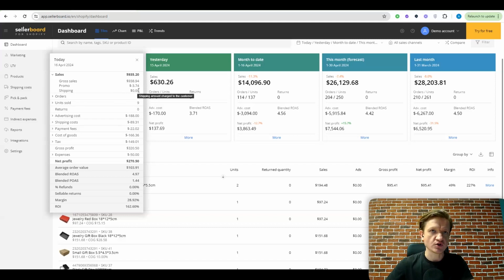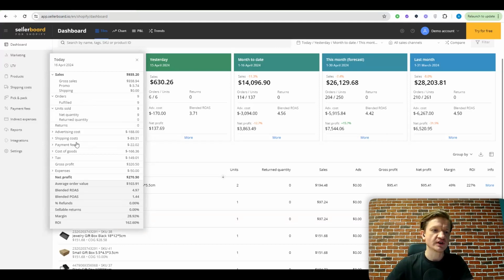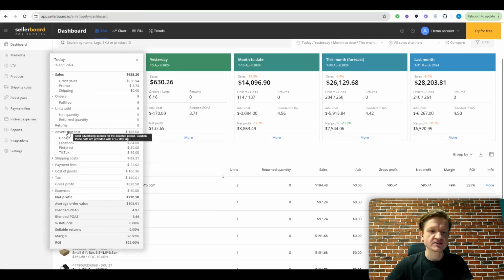And so the shipping that was attributed to the sales that you had in this period. Number of orders, number of units sold, then you will have your returns, advertising costs,